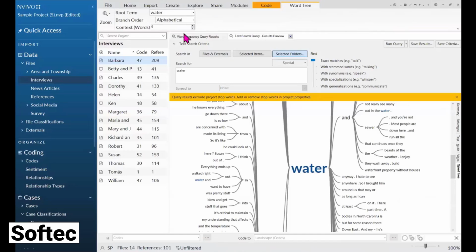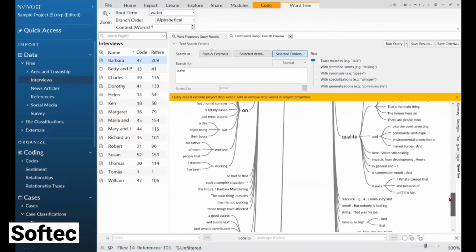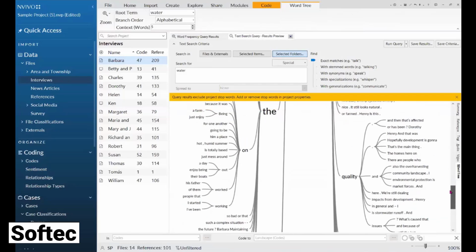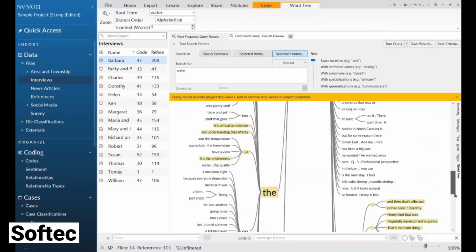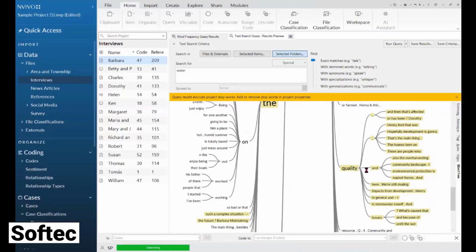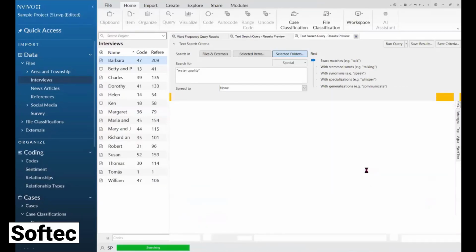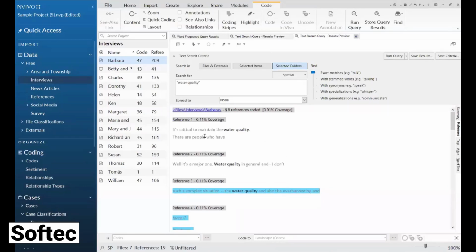So the word tree is going to show me the 5 words before and after water. So I can go down here and just see what's standing out. One thing that's standing out is water quality. If I click there, I can see how the words are connected to water and then quality. But I can also dig a little deeper. So I can ask the software to run a text search from here. Now this is showing me just the 5 words before and after water quality,